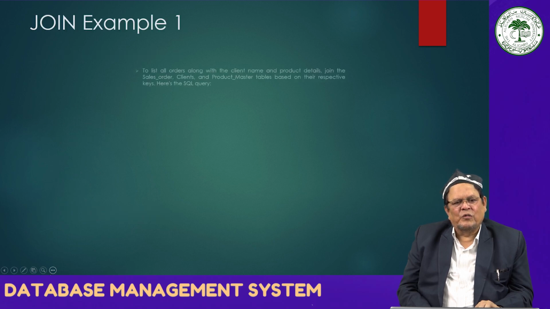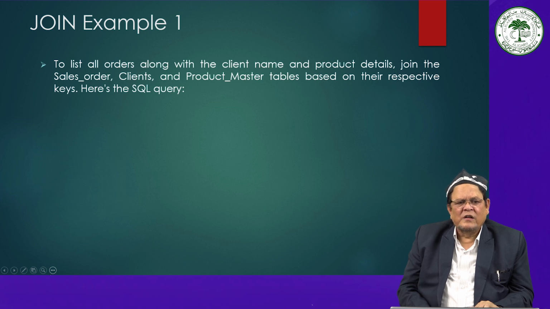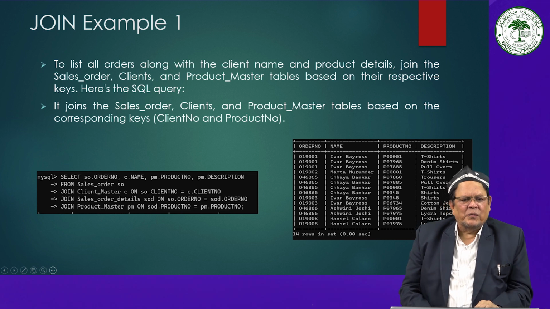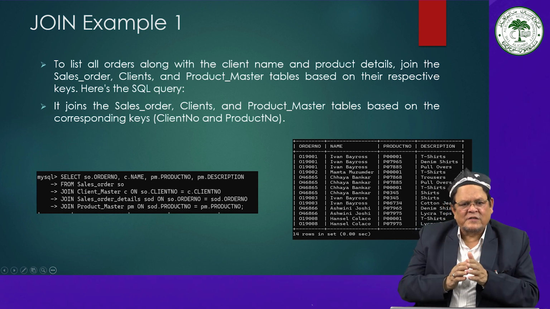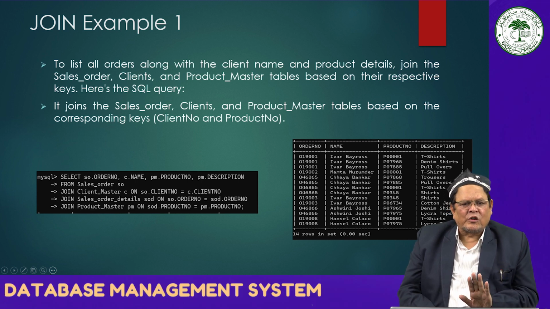I am taking examples. To list all orders along with the client name and product detail, join the sales order, clients and product master tables based on their respective keys. How will you write the SQL? It will join the sales order, clients and product master tables based on the corresponding keys, client number and product number. See here on the screen, you have to write in MySQL, select